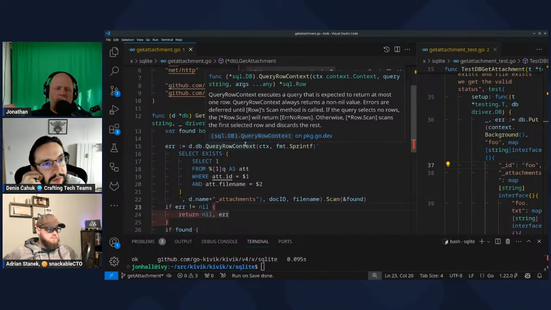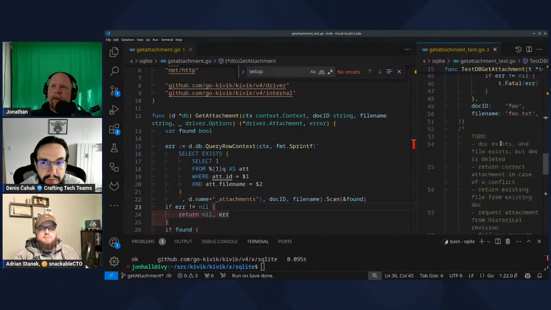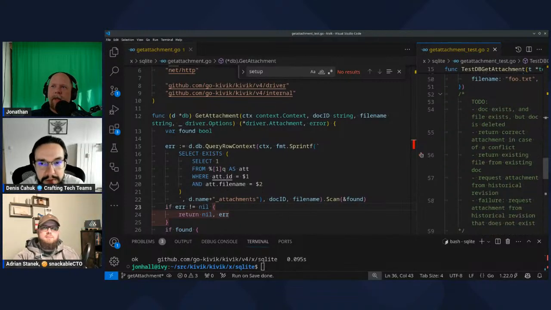I can be more or less sure that I've covered meaningful cases. I don't want to say I've covered all cases because I may not have thought of everything, but it does help me think of more cases than I probably would have without it. And that to-do list that we started writing over here is kind of an example of that.